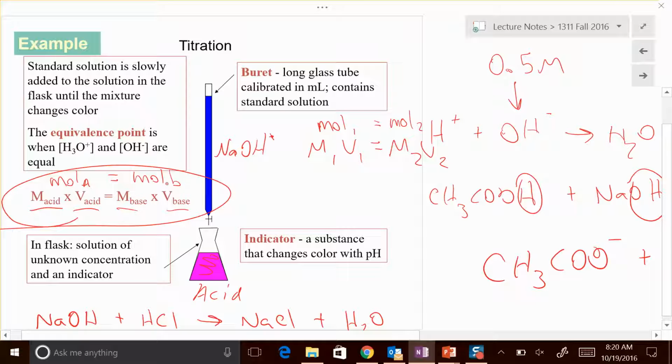So the moles of the base here are going to determine how many moles of acid were in the solution. Okay? So we can use this equation to determine the unknown concentration of either an acid or a base. So if I know exactly how much base I added here during this titration, then I can do this. So if it was 0.5 molar sodium hydroxide, and I added